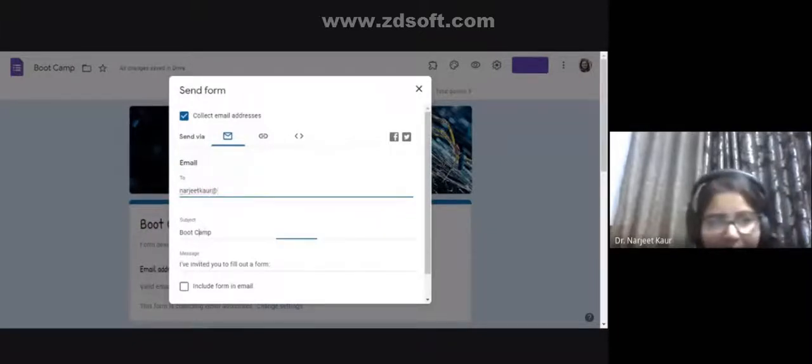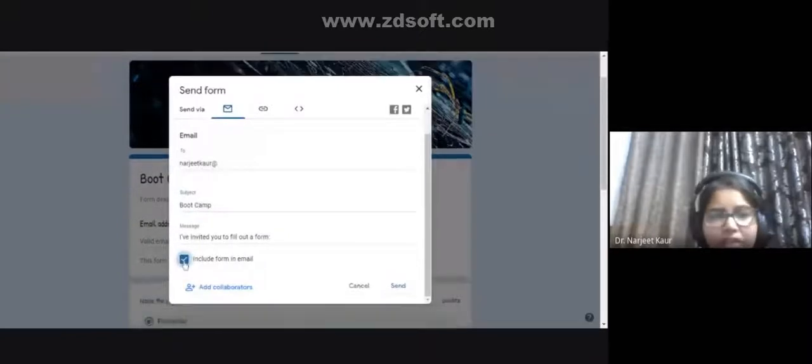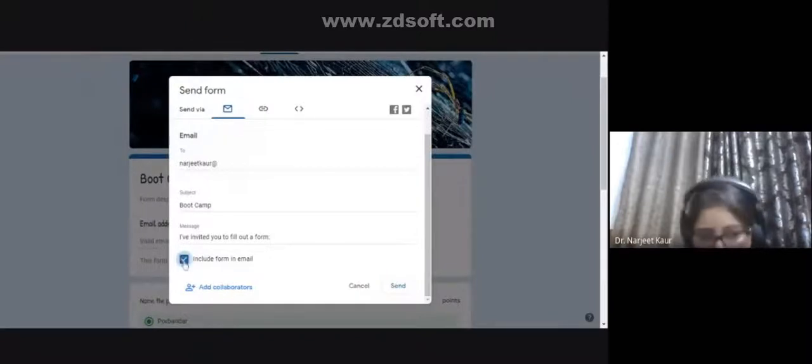You can write the email addresses, you can write the subject, and you can check this on and off, include form in email. Now if you check this button, what happens is it embeds the form in the email of the person you are sending it to, so that they do not have to click through the survey or the question paper. So as they open it, the questions are open. Embedding is a very technical term. We can explore this later. But when we embed it, it can show right away in the email only, and they can start answering the questions without having to click through the form.